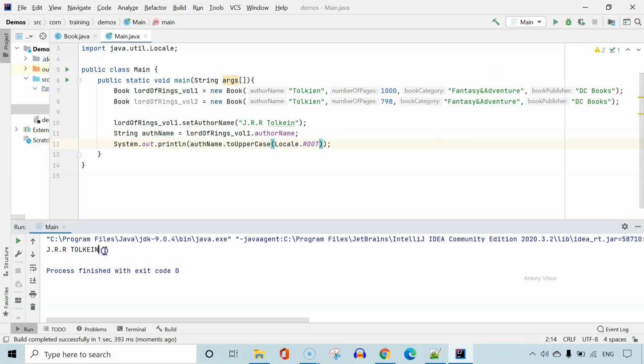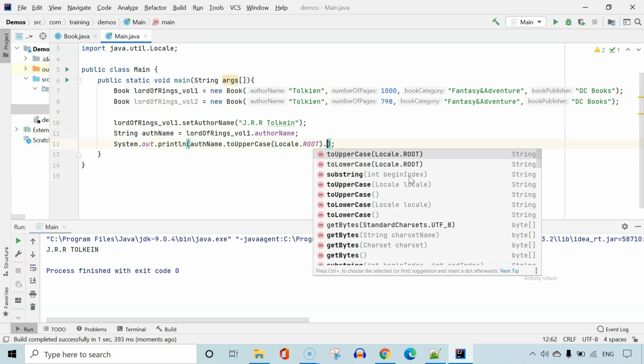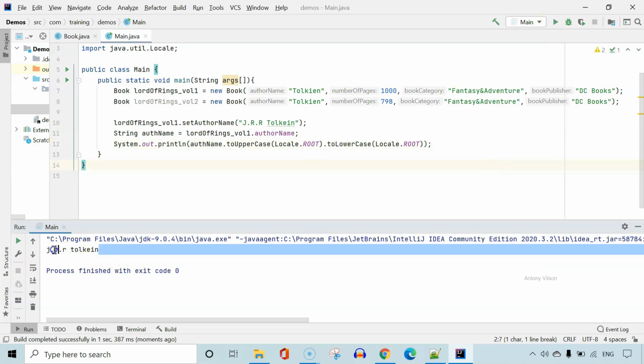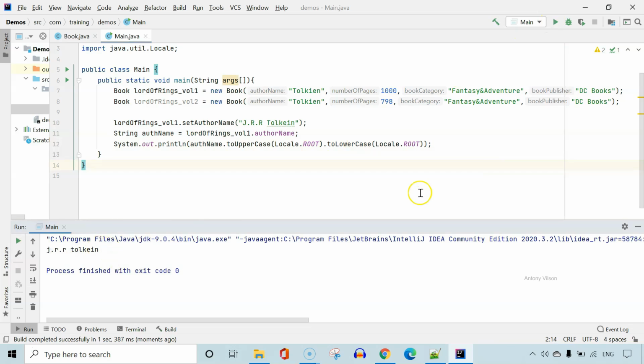See here, all the characters have been converted. Now this highlighted is still an object. It is still a string object. That means it can access other methods as well using dot notation. Now I'm going to call toLowerCase. Now let's see. Wow, see this? Now all of them are lowercase.